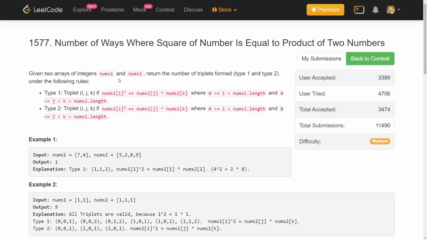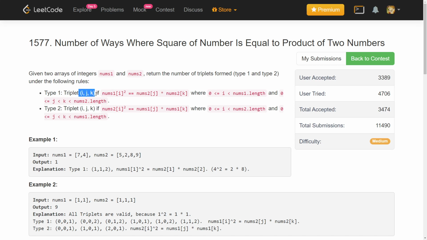Given two arrays nums1 and nums2, return the number of triplets formed by type 1 and type 2. So basically you have to form 2 kinds of triplets, with indices i, j, k.